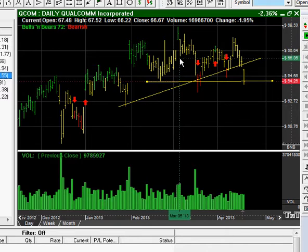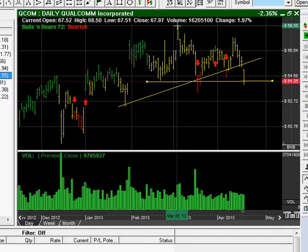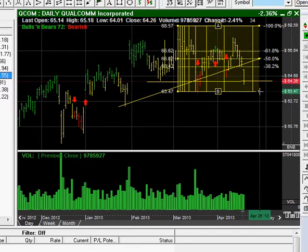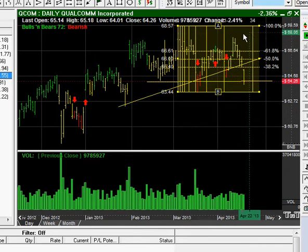And now it makes this slam down, comes up, makes this test. If we would put Fibonacci on here, that's probably like a 0.618. A lot of times this first test will be a little higher, I've noticed. This is probably like a 0.78 test, which isn't on here. I've noticed that a lot of times this won't necessarily be a 0.618, but that's still a Fibonacci retracement there. Okay, so